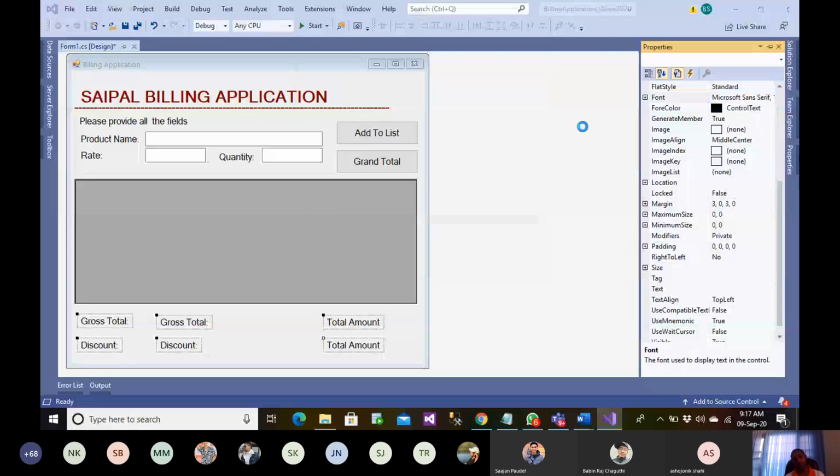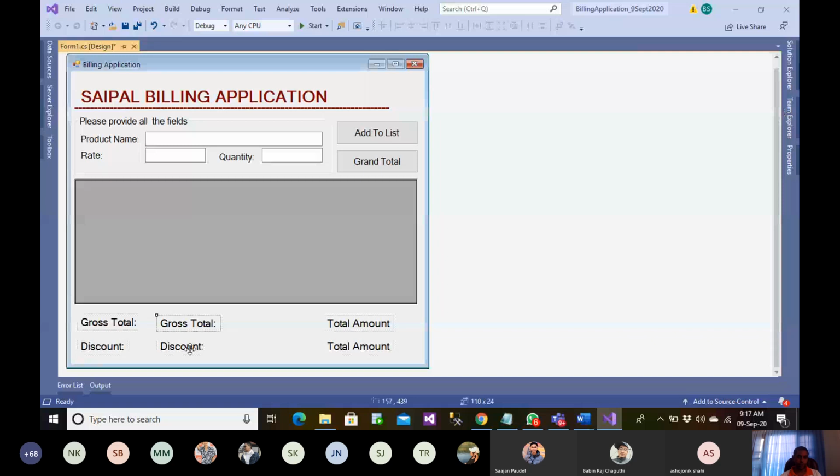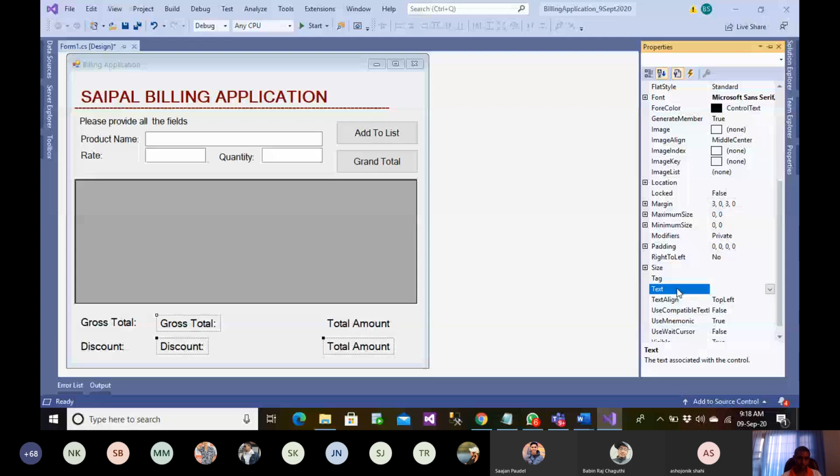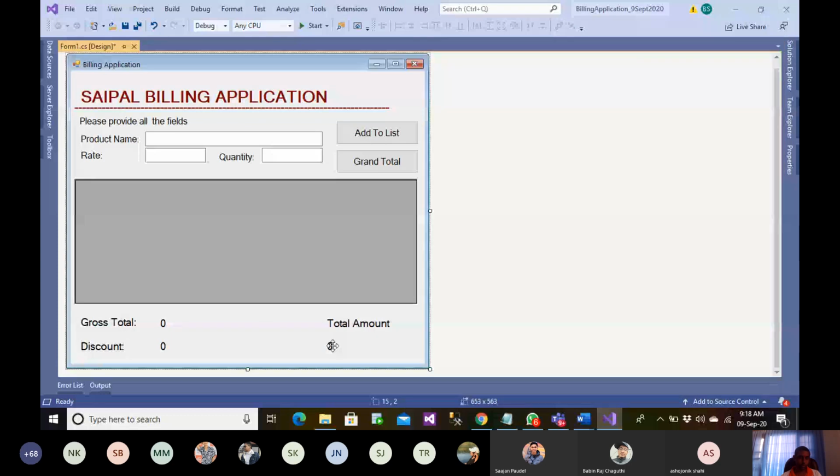Okay, so change the font. This value, I want it to be 0. Okay. So now we are left with naming all those controls. So let us name this control.